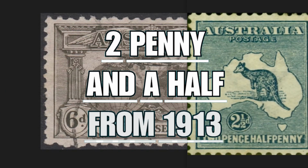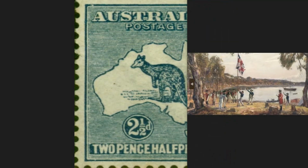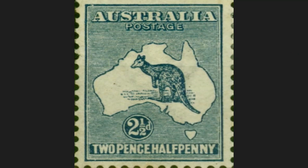The 1913 2.5 pence stamp was issued by Australia during the time the nation was independent and no longer a colony under English rule, which finished in 1901. In the center, you will be able to see one of the typical animals that populate the territories of Australia,